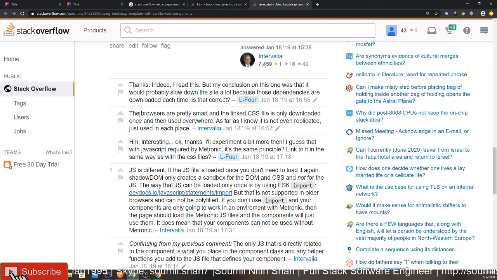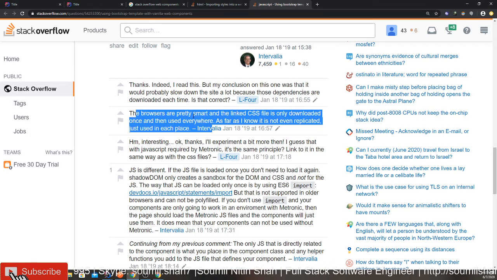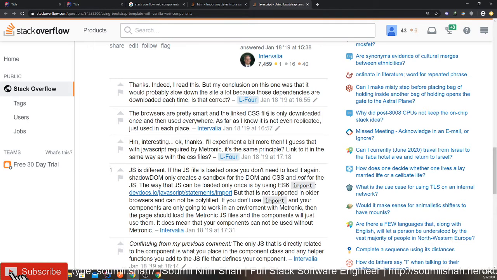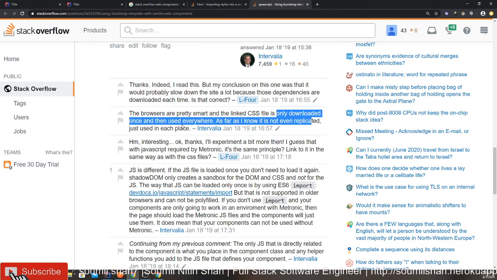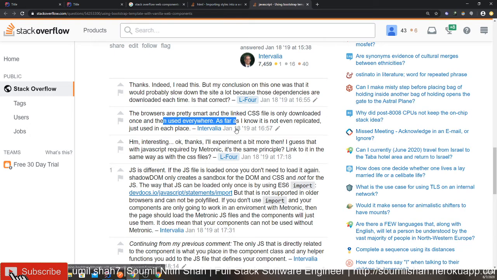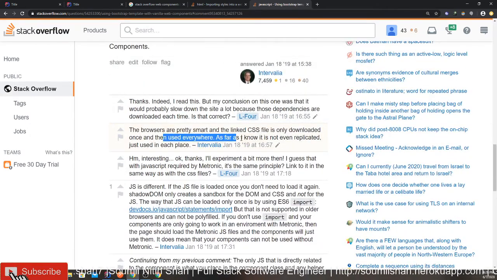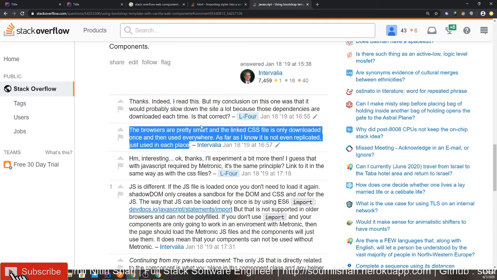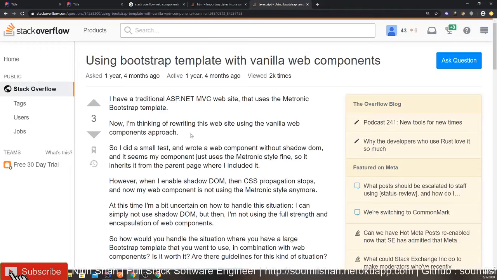Someone answered, the browsers are pretty smart, and the linked CSS file is only downloaded once and then used everywhere. As far as I know, it's not even replicated, just used in each place. Pretty nice discussion.